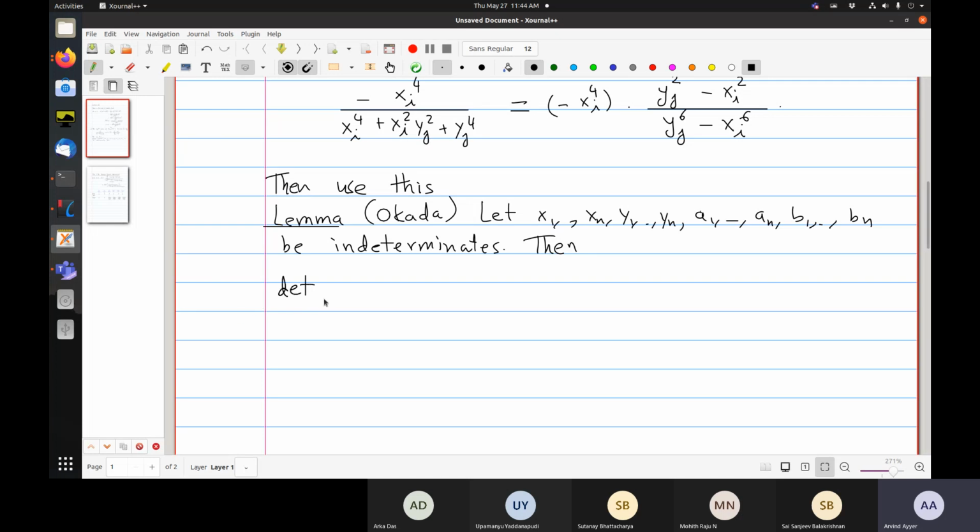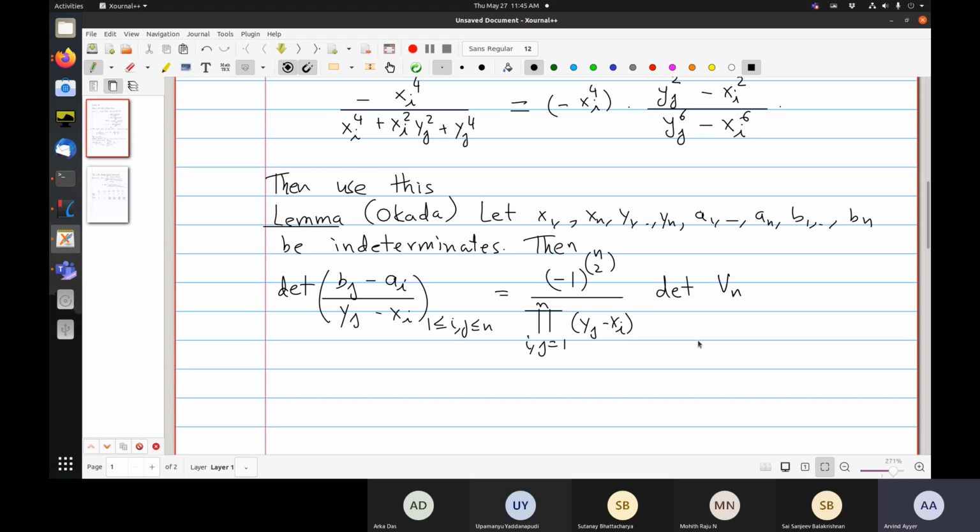So the determinant of bj minus ai divided by yj minus xi, 1 less than or equal to i, j less than or equal to n, is equal to minus 1 to the n choose 2 divided by the product over i, j equals 1 to n of yj minus xi, times the determinant of a matrix Vn,